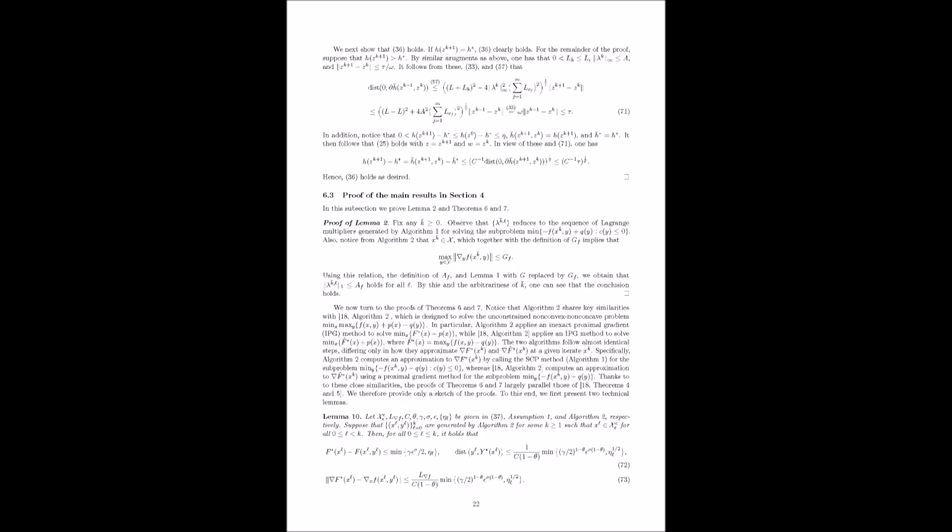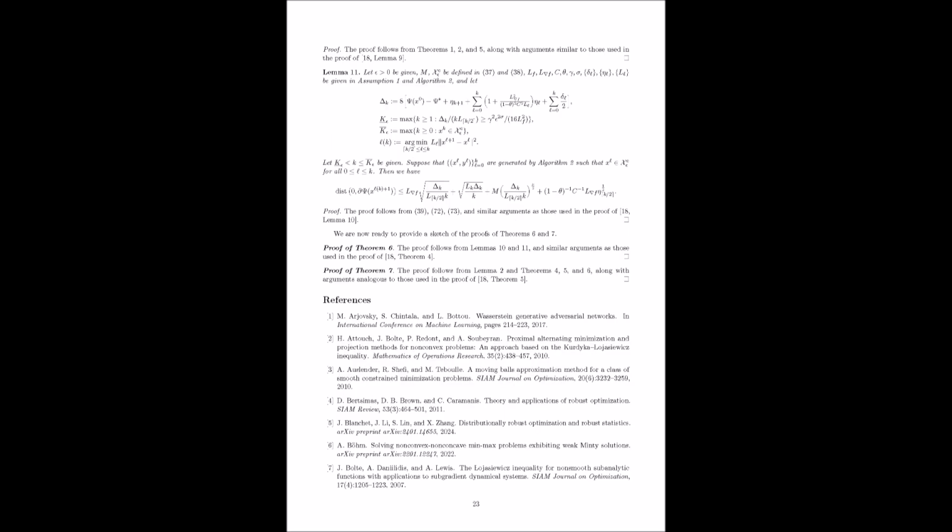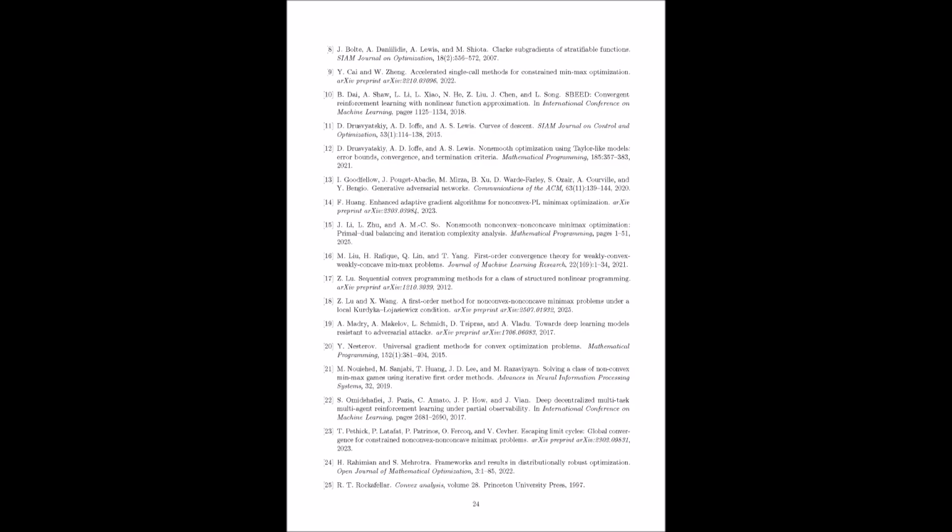Let's put that together. At this point, the subgradient norm is 0, suggesting it's stationary. But the function value is strictly less than the optimal value, meaning it's not optimal. This is exactly the kind of pathological situation KL is supposed to prevent. It is. If you tried to apply the standard KL inequality here, which fundamentally requires the function gap to be controlled by the subgradient norm, you'd have a positive value on the left side, related to the gap, and 0 on the right side, the subgradient norm. The inequality is violated. Global KL fails.